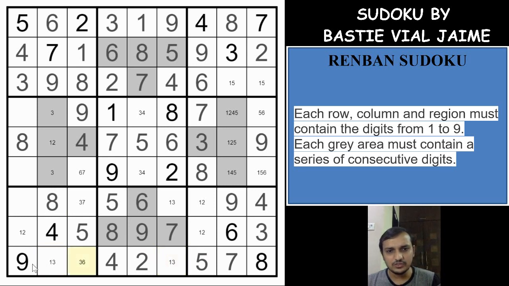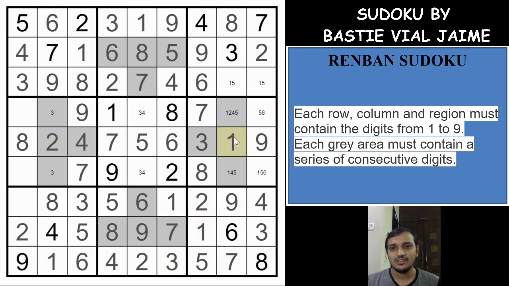So the only place for 6 in this row is here, which gives you a 7 here, a 3 here, a 1 here and a 3 here, a 2 here and a 1 here, which gets a 2 here and a 1 here. So we have eliminated 1 from this cell, which gives you a 2 here and a 1 here, and a 5 here and a 1 here. So the other two cells have to be 2 and 4, which are already marked. So 4 and 2, which completes the middle box,